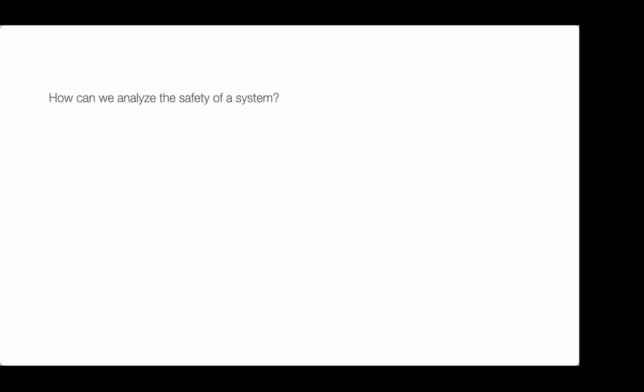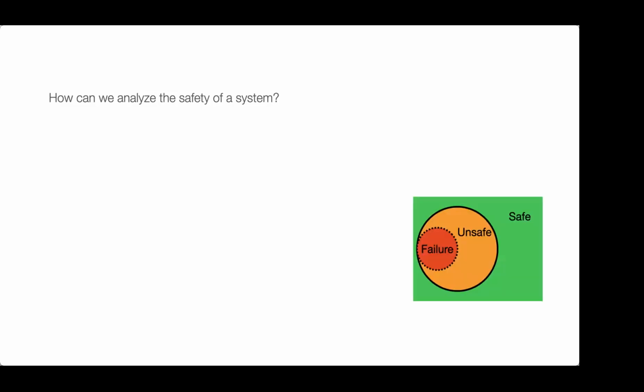All right, so what I do is reachability analysis. So this is how can we reach goals while avoiding things that are bad, unsafe. And usually the safety part is the pretty key part of this. So how can we analyze the safety of the system in general? What are we curious about? The first thing we need to do is to be able to define what safety means. So typically we have a region that is safe, a region that's failure, and then a region that is not currently failure. You're not currently in collision, but you will inevitably end up in collision.